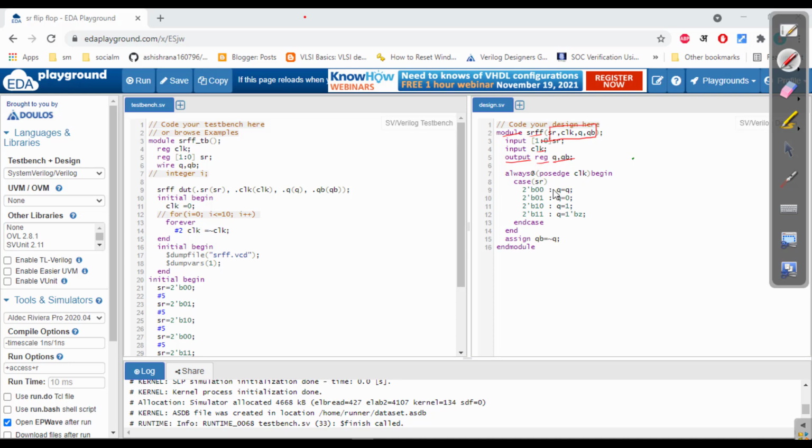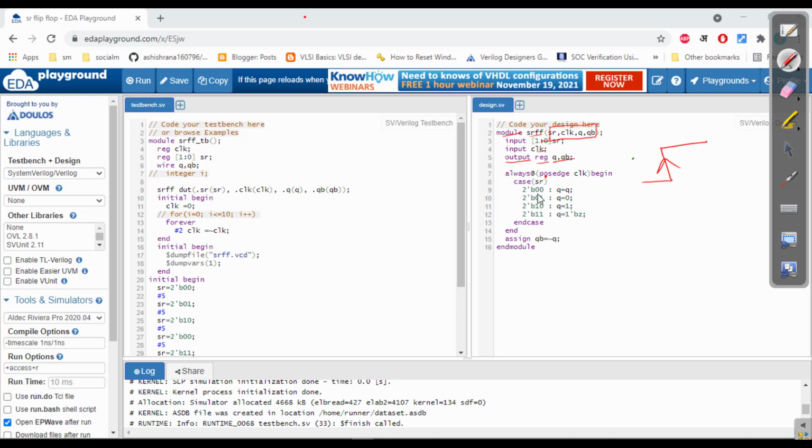Now we write always at the positive edge of clock. Whatever the functionality, it will work whenever there is a positive edge of clock, then begin. Now we are designing using a case statement. You can also design using if else statement or any other if you wish. For understanding, it is easy.